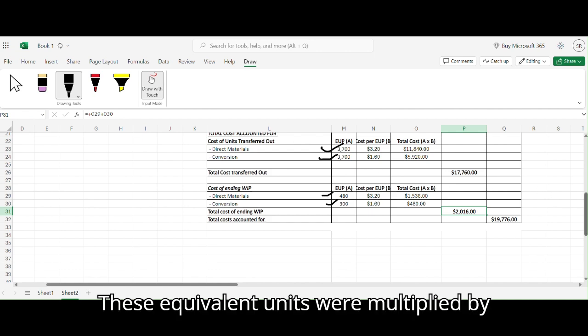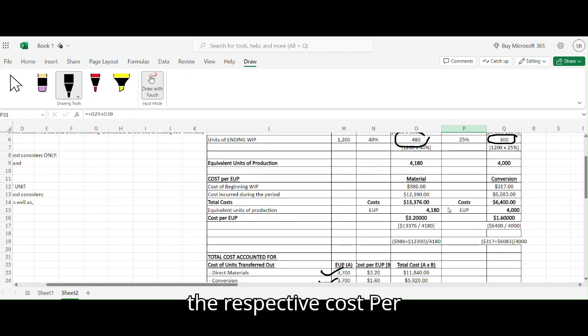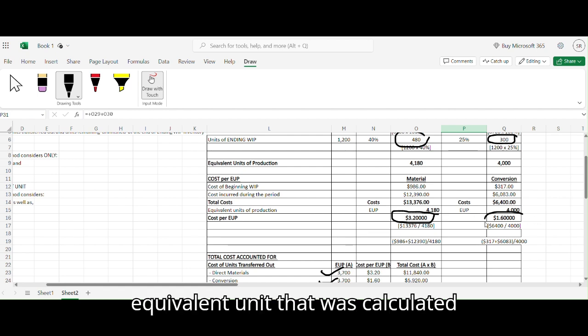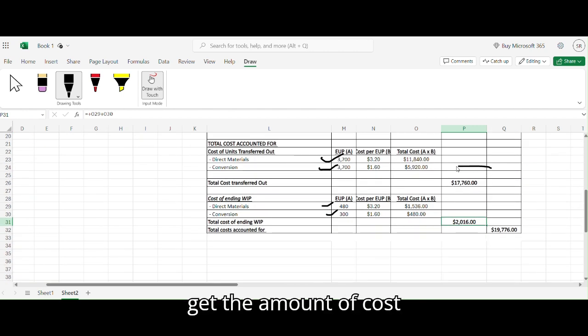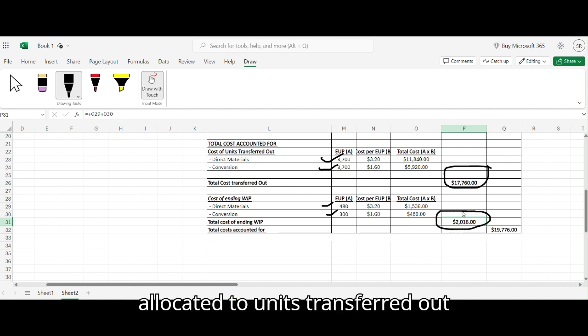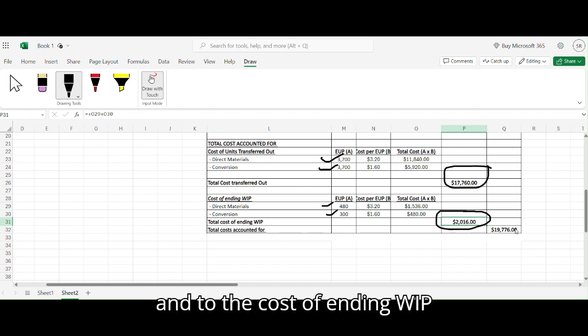These equivalent units were multiplied by the respective cost per equivalent unit that was calculated earlier in our previous videos, $3.2 and $1.6, to get the amount of cost allocated to units transferred out and to the cost of ending